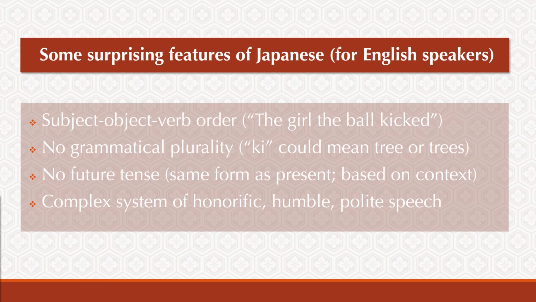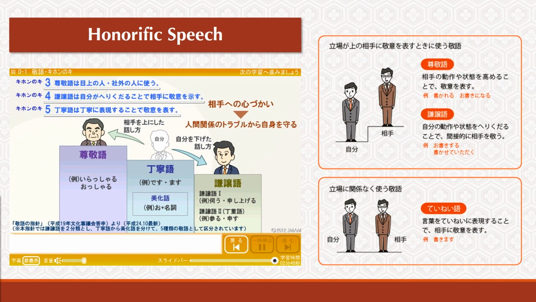There is also an elaborate system of honorific speech used to express rank and social hierarchy through language. By using different vocabulary and conjugational forms, one can indicate humbleness, politeness, or respect, and each of these has its own rules. Honorific speech is often thought of as one of the most difficult parts of the language for foreign learners, but don't worry if you're thinking about picking up Japanese. Brain scans have shown that even most native speakers of the language have to make a special effort to conjugate and form honorific expressions.